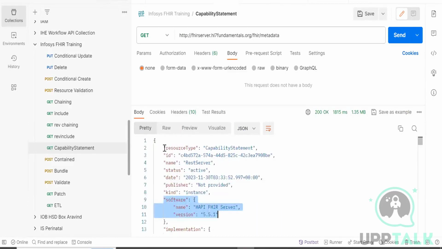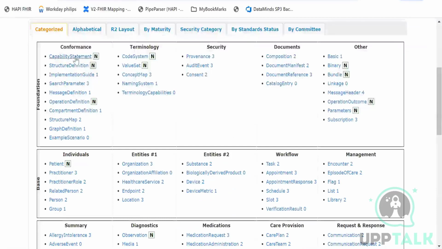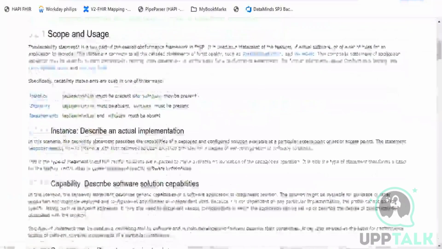Another thing: can someone tell me how they came up with this structure? Anyone? Why is this ID? Why is this name? Can I get a family name here on a different FHIR server? Or status to be something like pre-status, date to be date of birth, publisher to be I am the publisher? Can I get any different attribute on a different FHIR server? It is identified in the resource, and the capability statement is also a resource with a similar specification,